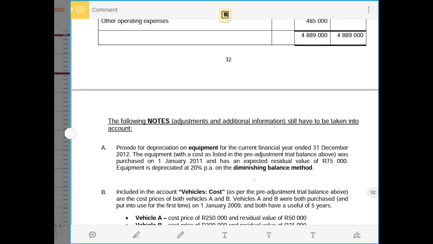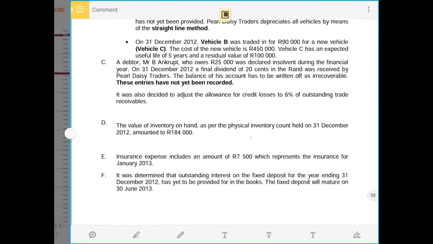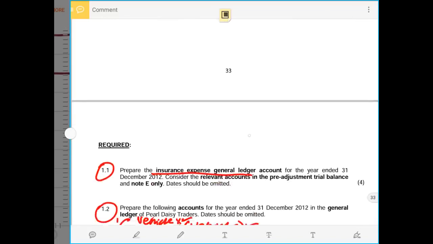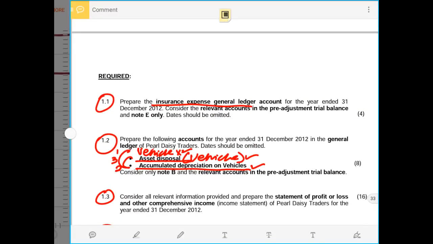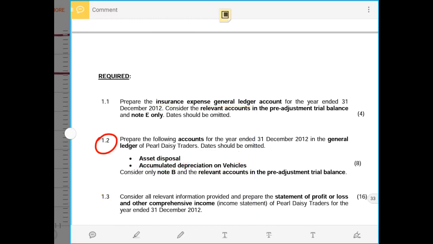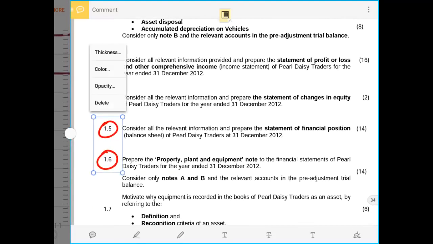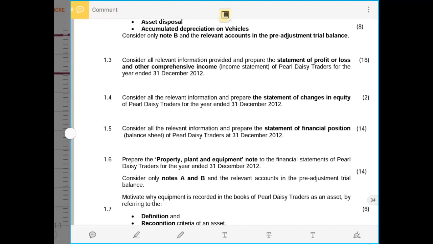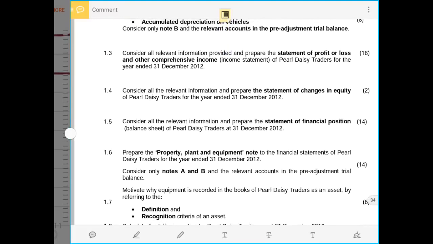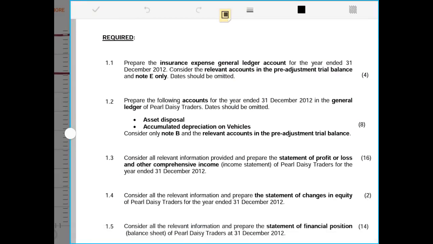And I always recommend that before the student reads the adjustments or the additional information, they must go straight to the requirements, so that after they read the requirements, they can immediately know what to do and how to strategize answering the exam, because an exam definitely needs a strategy, because time is also a limiting factor. So now in the requirements, we are required to prepare the insurance expense ledger account,